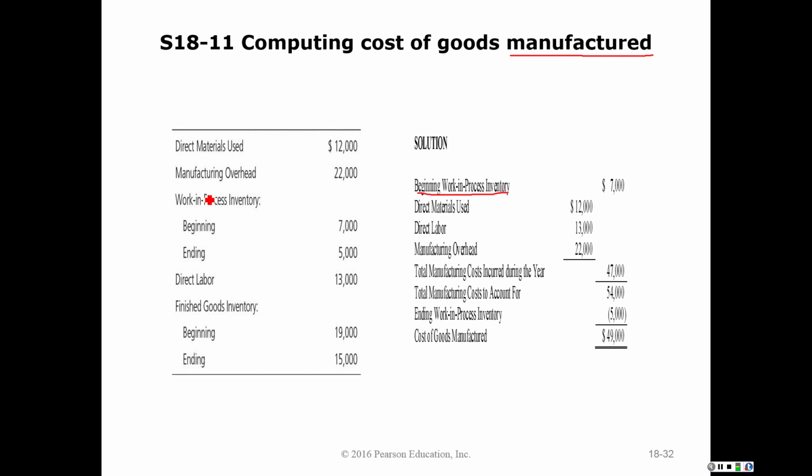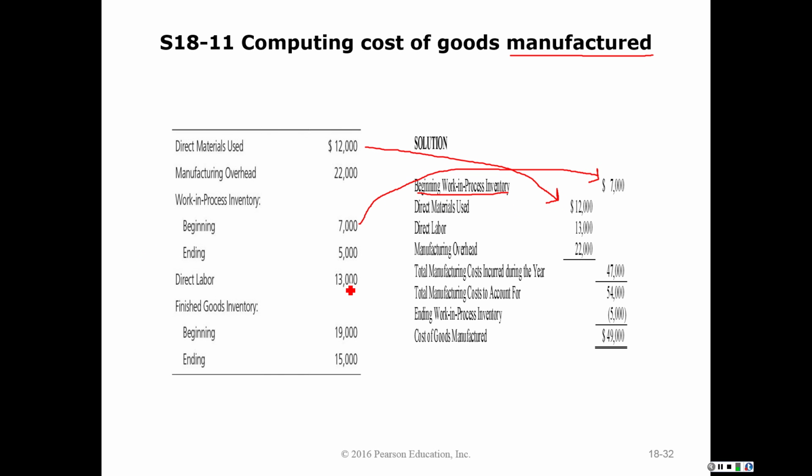So if you'll notice, here's our work in process inventory. They told us that we had $7,000. So I know that I started out with $7,000 worth of product. What are we doing in 18-11? We're a golf company. And so I have $7,000 worth of inventory that hasn't been completed yet. I can do nothing with inventory that has not been completed. So we add some materials, and in this case they just gave it to us, $12,000. We add some materials,